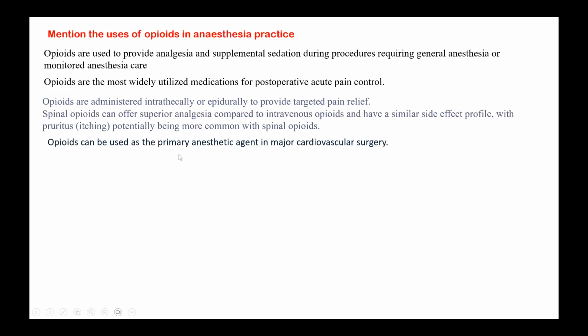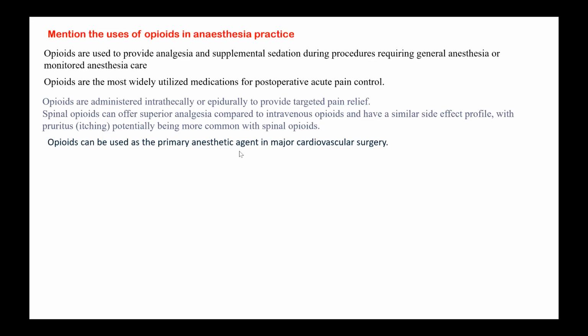And opioids can be used as a primary anesthetic agent in major cardiovascular surgery. In fact, in open heart surgical procedures which are done under cardiopulmonary bypass, there are two techniques of induction. One is opioid-based anesthesia, the other is volatile-based anesthesia. So in opioid-based, you give fentanyl at a starting dose of 10 to 15 micrograms per kg body weight, not the 1 to 2 micrograms that you give as a minuscule dose for your regular surgeries. You can use up to 15 to 20 micrograms per kg body weight as a first induction dose